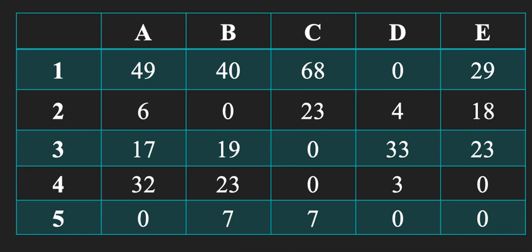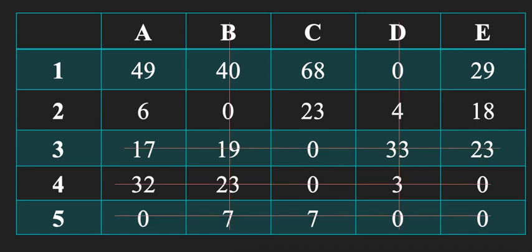Now what we are going to do, we are going to draw the minimum number of lines to cover the maximum number of zeros. If we see here, we have 1, 1, 1, we have 2 here and we have 3 here. So we are going to draw one line here, we can cover these elements, then we can draw one line here, we can cover this, then we can draw one here and one here. So by this we can cover the maximum number of zeros. Now we go for this. So this is how we are going to draw the minimum number of lines to cover the maximum number of zeros.